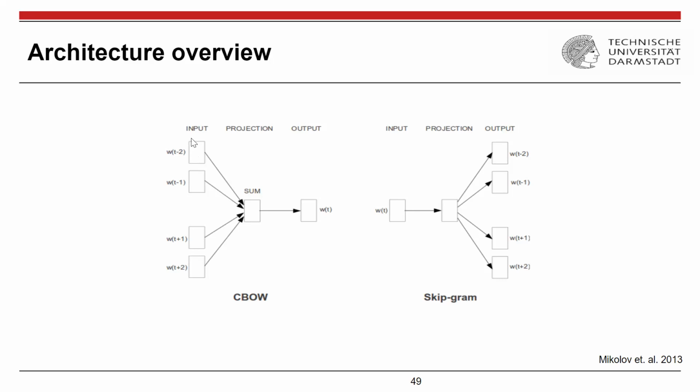Once you have this dense representation for the word, you sum them up to form the average of those dimensions. This will be a single vector, and then you use it to predict the target word, which is the missing word. That is what CBOW generally follows. And skipgram follows, obviously, the opposite. You have the input word, which is again the one-hot vector. You pass it through an encoder to get your dense representation, and then use it to predict the context words. So that is the architecture that these two methods generally follow.